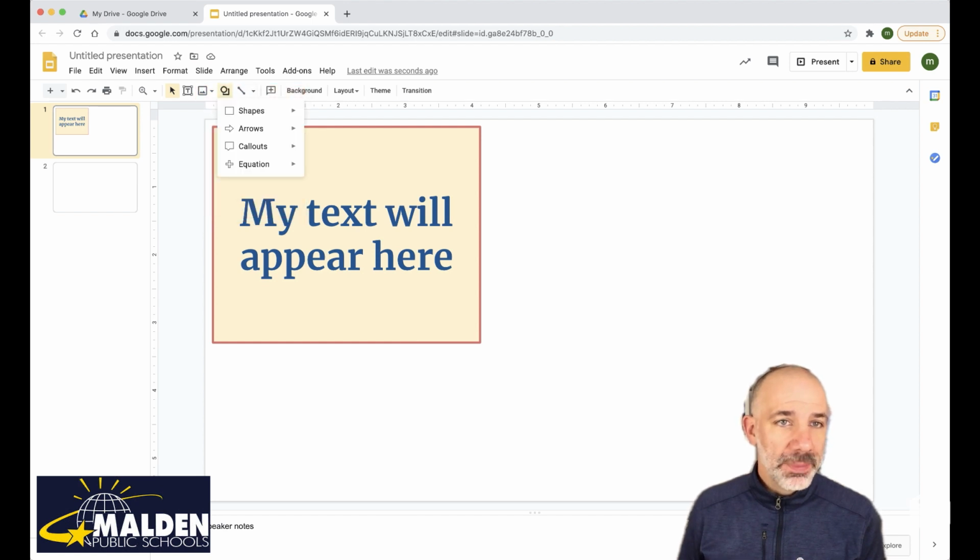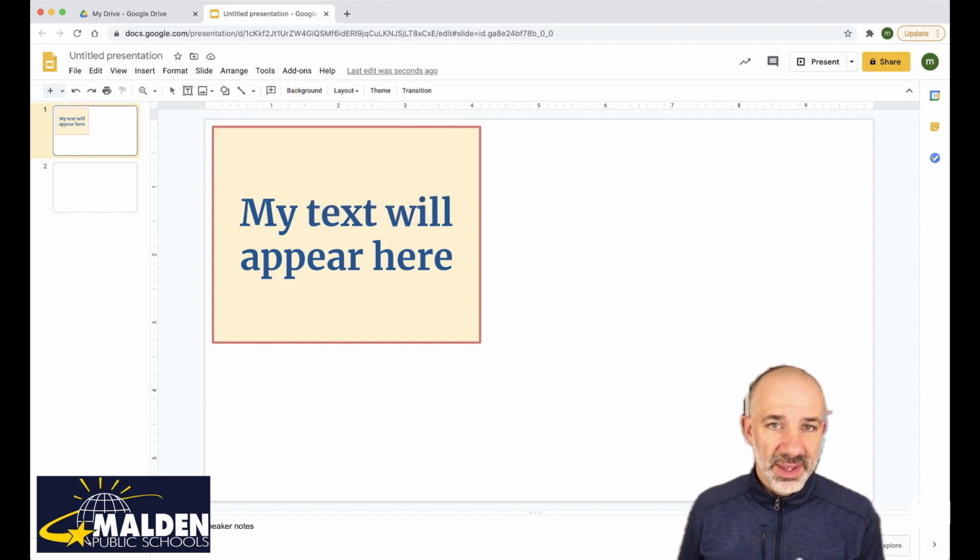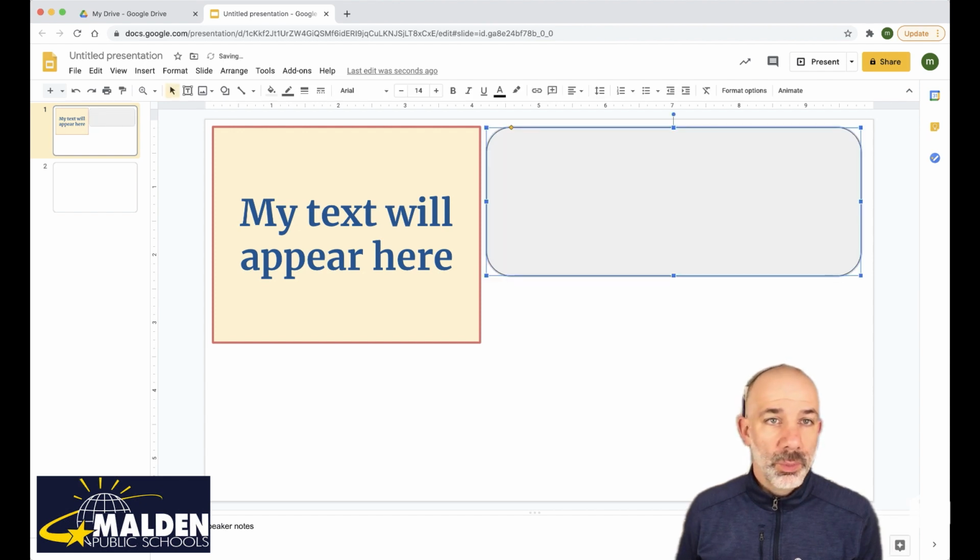We also have the shape feature. There are pre-created shape templates that can be used. In this case, I will add in a rounded shape. We have the same options to increase the border weight,